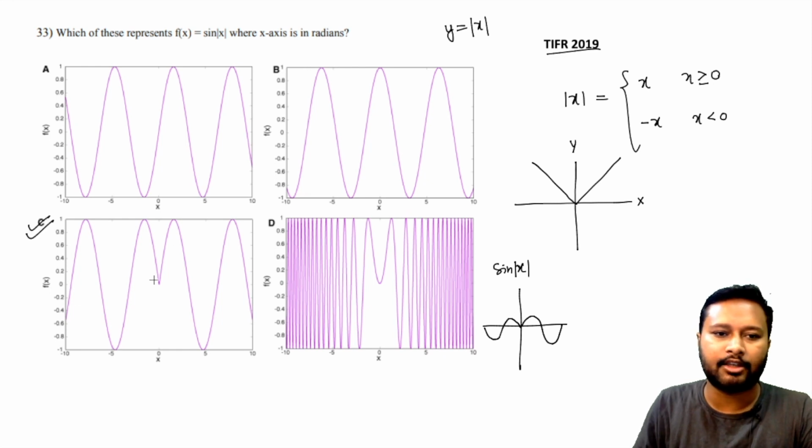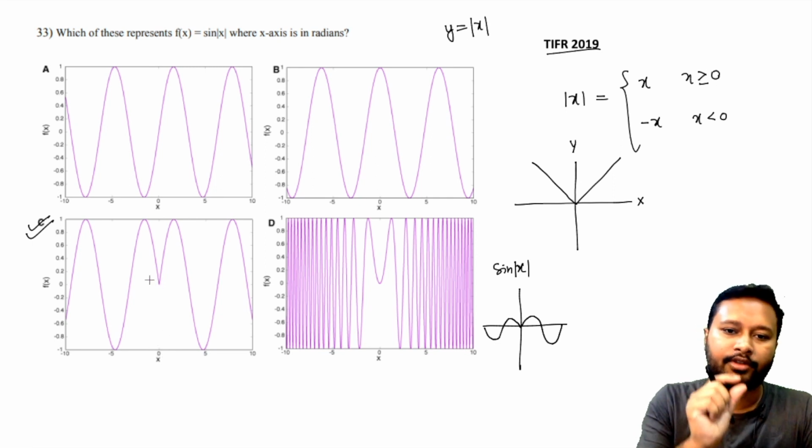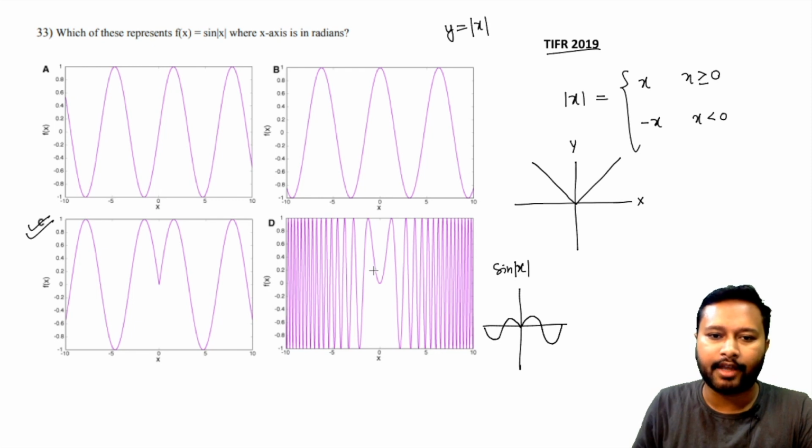Now you might see that option C and option D both look quite similar, but the only difference between C and D is that the graph in option C has a sharp peak point at this point, while D is a continuous curve. That means here you are getting a value which should be equal to 0. You can see it reads 0 here in the graph. So you are going to get exactly 0, but here the value is like a curve. It's not exactly 0.